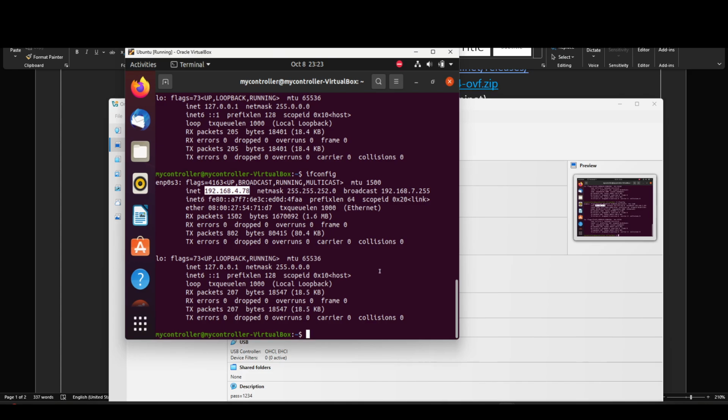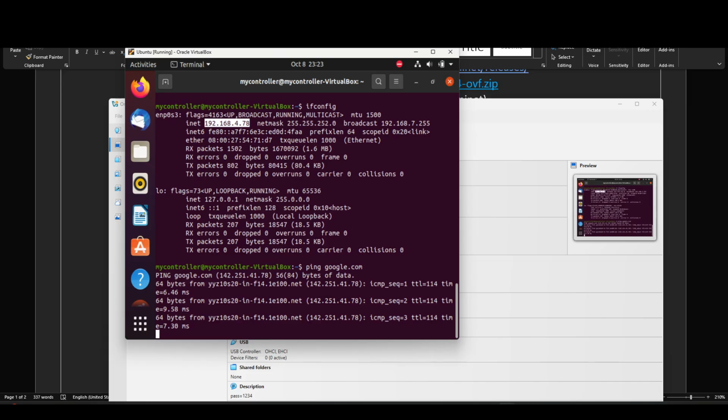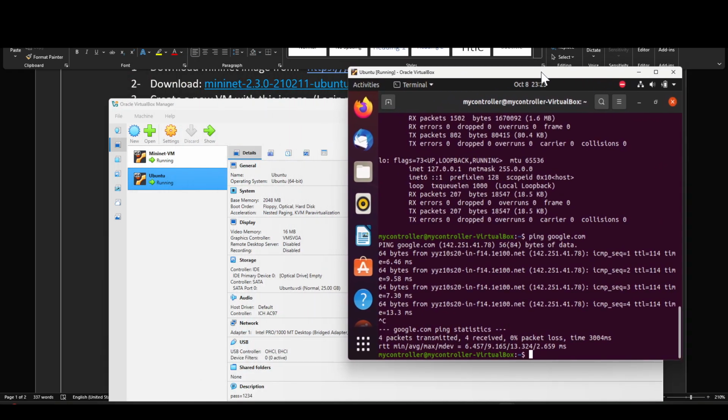If you go to Google, then you have access to the internet. We had access to the internet to install net-tools because it was on NAT, but because I need access to Mininet, I put both of them on bridge. So Ubuntu is also ready, and Mininet is ready. Now the next step